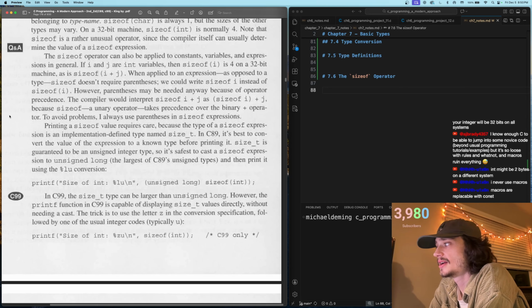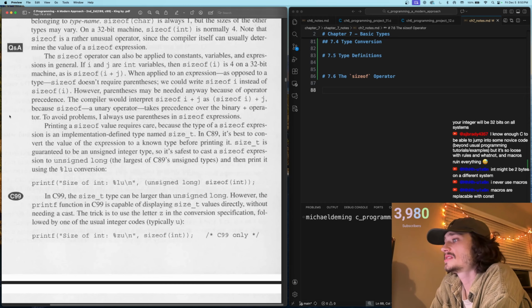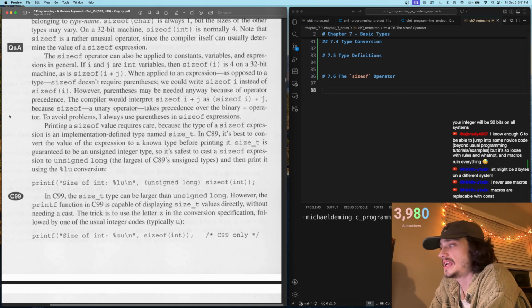In C89, it's best to convert the value of the expression to a known type before printing it. size_t is guaranteed to be an unsigned integer type, so it's safest to cast a sizeof expression to unsigned long, the largest of C89's unsigned types, and then print it using the %lu conversion. printf("Size of int: %lu\n", (unsigned long) sizeof(int));